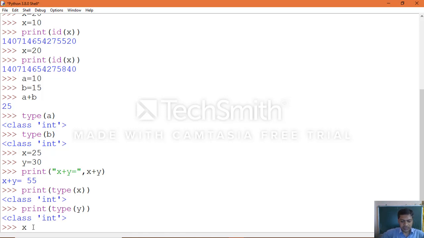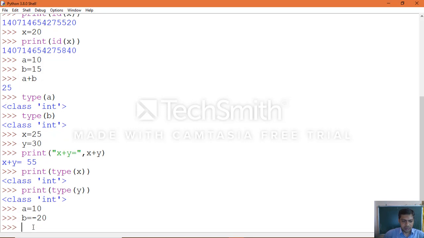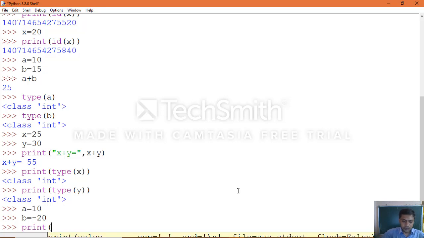For example, a equal to 10, b equal to minus 20. Then we can perform print of a plus b equal to, comma, a plus b.